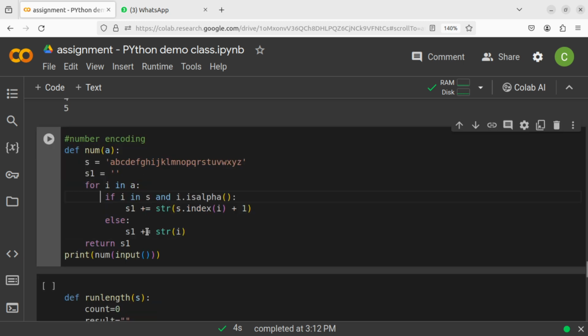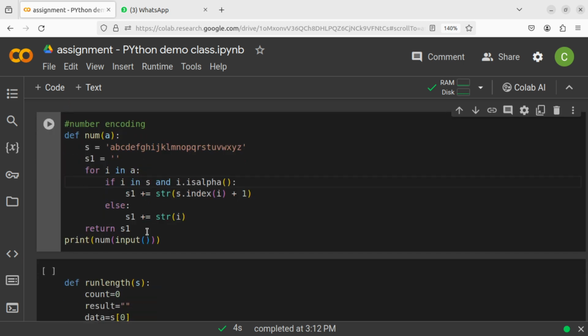Have you seen it earlier? No. Okay, so first of all, try to at least see the code, because you might find the solution on your own. Here we are taking this a as input. And now we will check for i in a. What is the value of i? We should give some value. Suppose at the input I gave a,